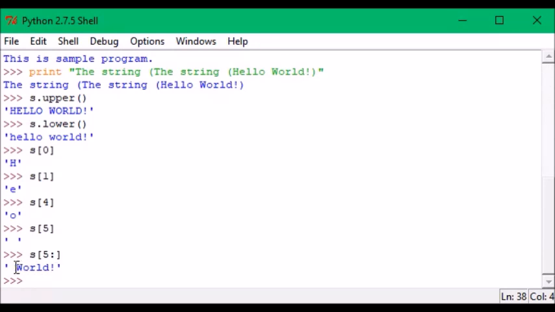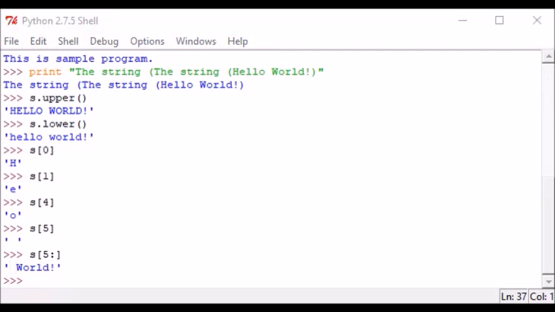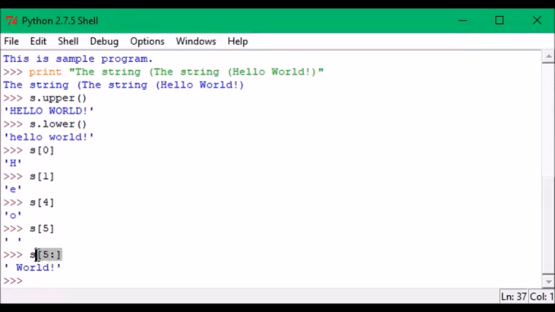After the fifth character, HELLO, that is 5 characters finished, then we have a space, then WORLD. Or if you want to find like s of 2 then colon, then you can see that HE finished, LLO space WORLD. So likewise you can find the thing.